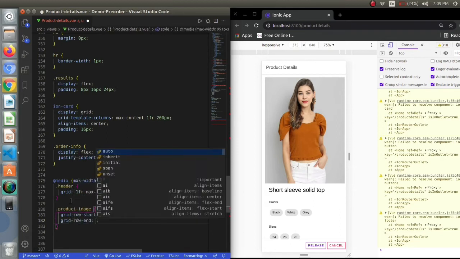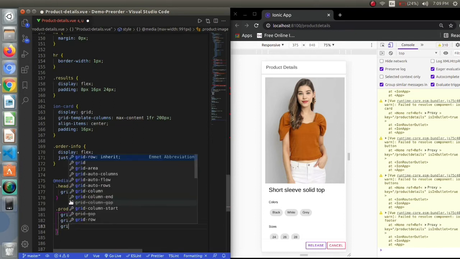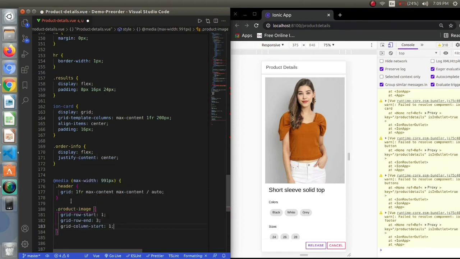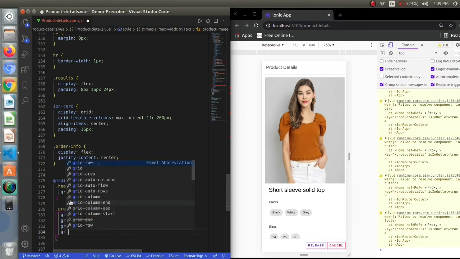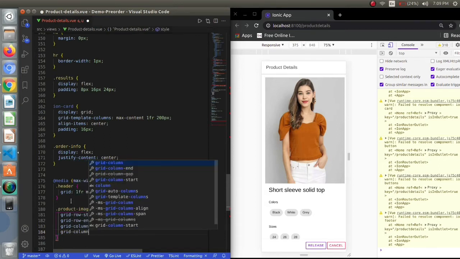Next I will be setting the grid column. I will be showing the shortened technique, but the first technique is this. I want my column to start at 1 and end at 2.